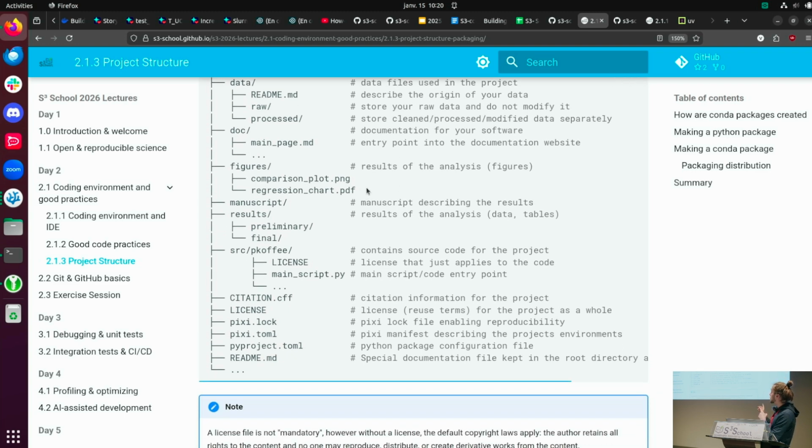If you want to put the results also, you can use a specific directory. That's the same thing. If you just do one small analysis and you have one set of results, it's fine to put them in the repository. If you have